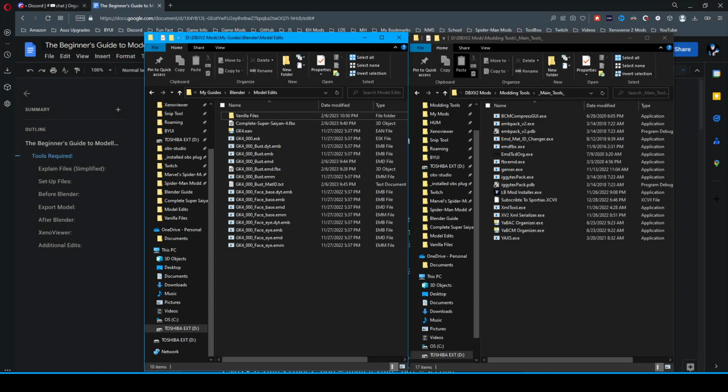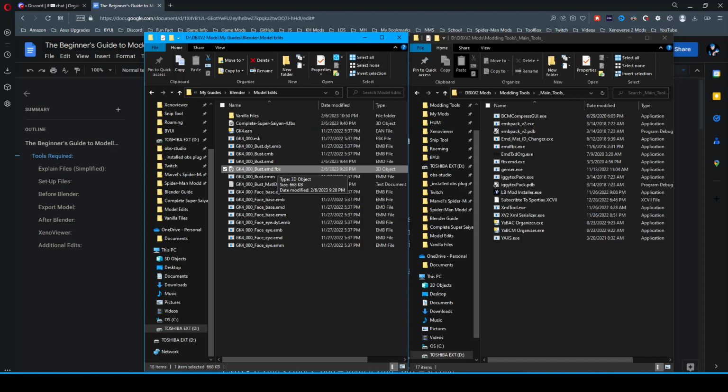Now this process is right before you go into Blender, so you need to select both the EMD and the ESK. Make sure they're both selected, and then drag it over to the EMD FBX file, and then you get a new file .emd.fbx. You'll see it here, and then this file will be imported into Blender.